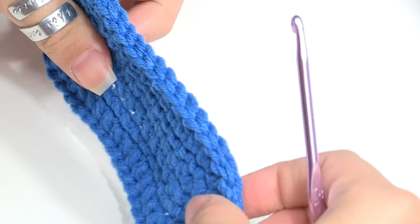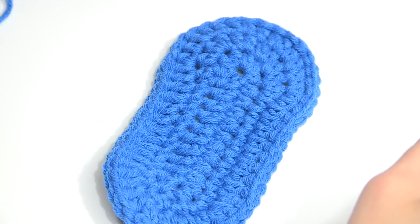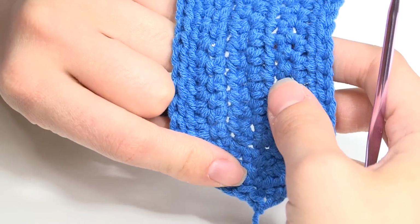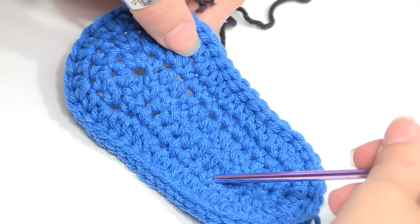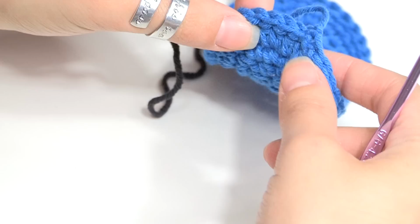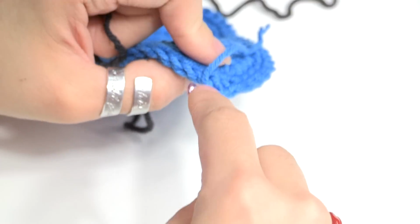And then what we're going to do now, let's see here. Okay, this is the front. So we are going to change color. Now if you weren't going to change color, just don't fasten off. Just chain up one and turn your work. So we are now working with the right side. If you're unsure, you can see where we just fastened off, so we're looking at the wrong side here. So we want to turn our work back like this. So we're looking at the right side here and the wrong side up here, and insert your hook